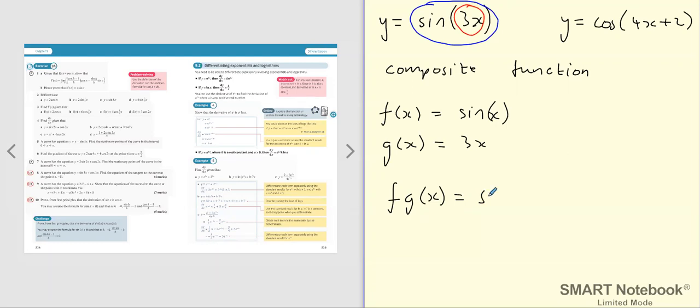We'll come back to composite functions when we go back over functions properly. But composite function basically means one function inside another function. And the key to differentiating composite functions,